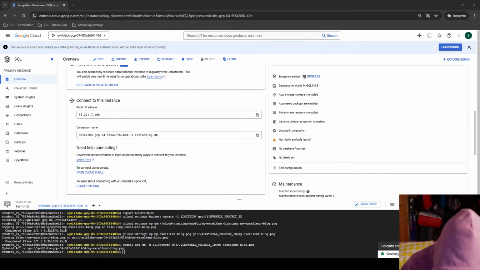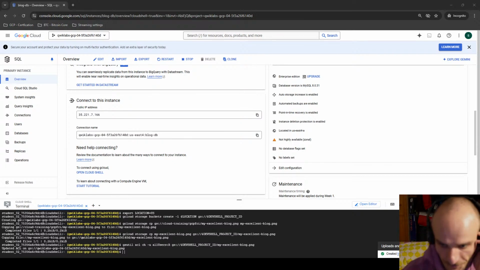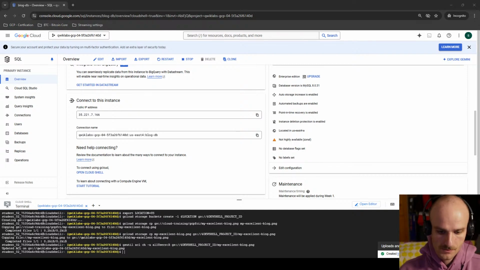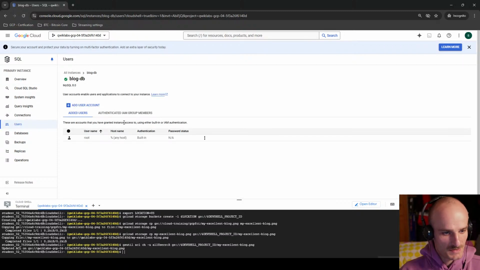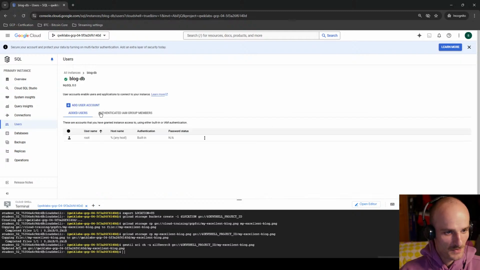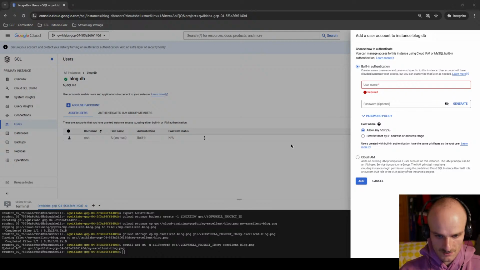So it looks like we finally have our SQL instance. Great. So now we can go to users. Let me see if the IP address is the same. Yeah. If we go to user and click add users, we actually can do